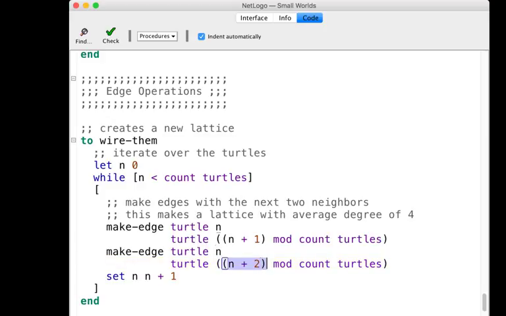Mod basically says take a number, divide it by this other number, and give me the remainder. So 40 divided by 40 is 1 with a remainder of 0. 39 divided by 40 is 0 with a remainder of 39, so it gets 39 back. And then when it gets to turtle 39, this code is going to make an edge to turtle 0 because 39 plus 1 is 40, remainder 0. And 39 plus 2 is 41 with remainder 1, so this code is going to make an edge to turtle 1. So you can come up with ways to automatically create these structures,